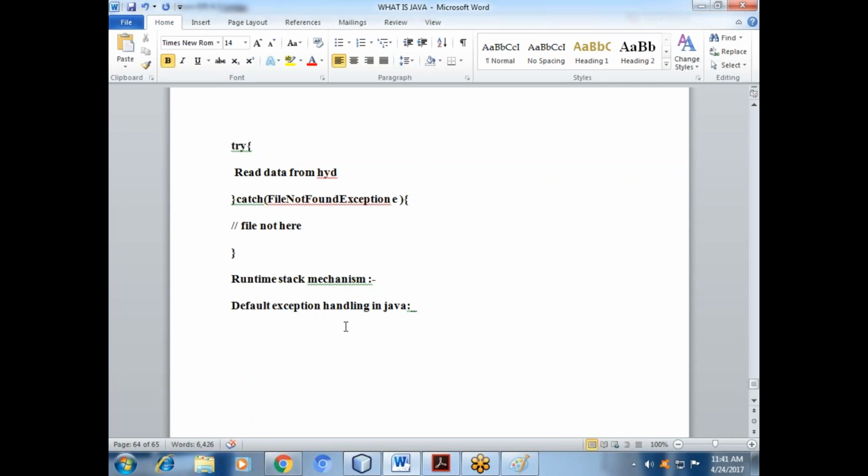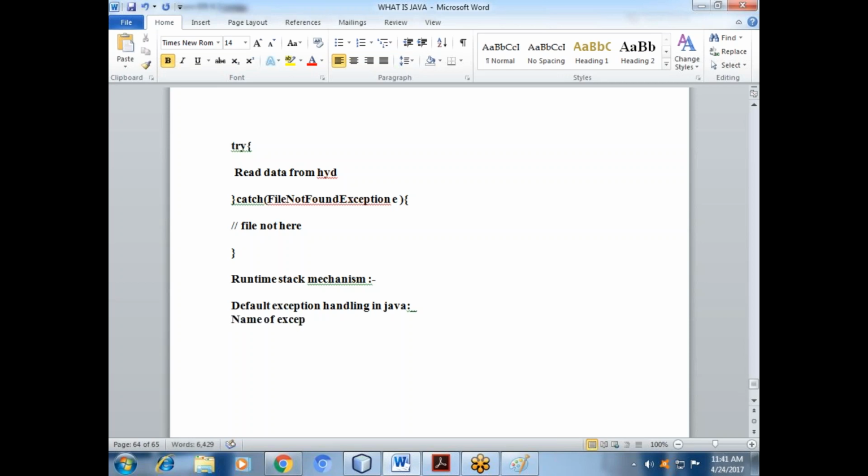Suppose you are a doctor and you give medicine to a patient. Sometimes the patient has more fever, then after 10 or 20 minutes gets relief. The same thing happens in a Java program. Whenever you write the program, the developer is responsible for the name of the exception, description and location where you get it. So there are three things.